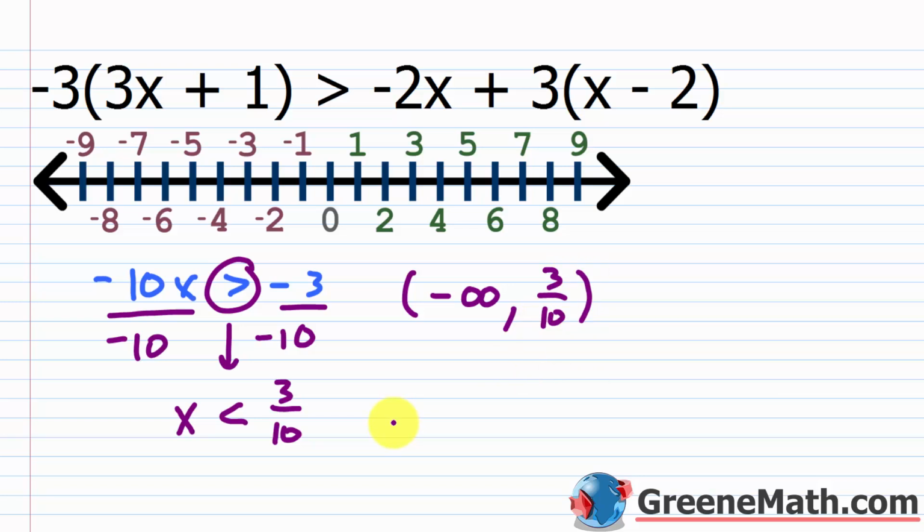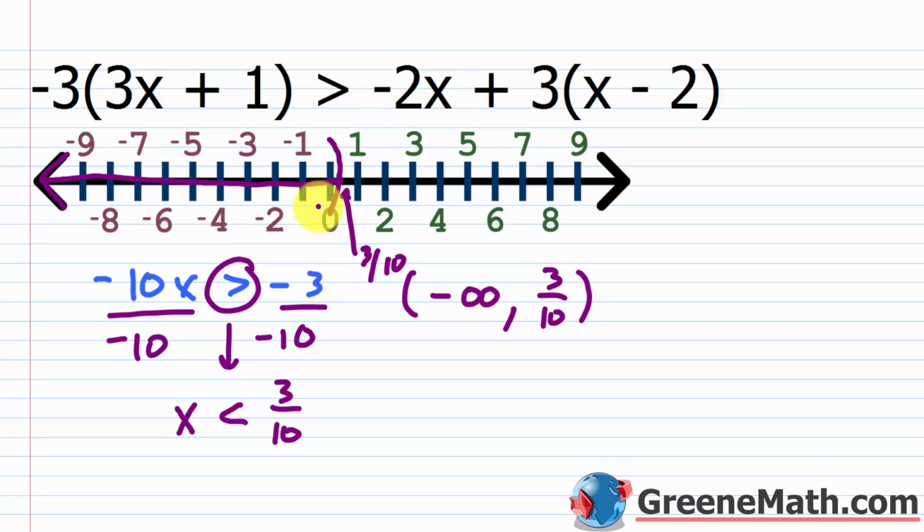So graphically, we have this in a scale that represents the integers. 3 divided by 10 is 0.3. So let's just say it's about right here. I'm just going to write a little marking there and say this is 3/10. And in other words, I would just go ahead and put a parenthesis there and just shade everything to the left. Okay. If you're working with a pre-drawn graph like that, just find out an area that makes sense, put